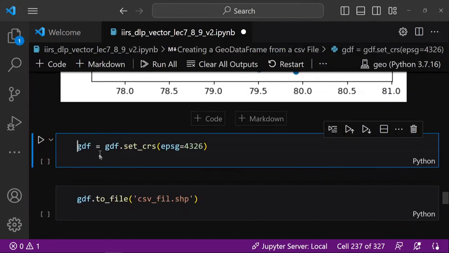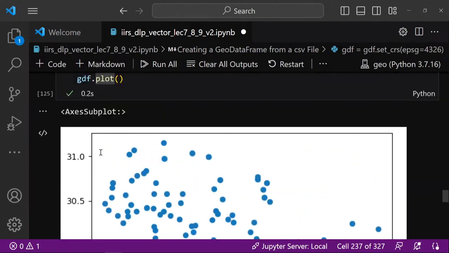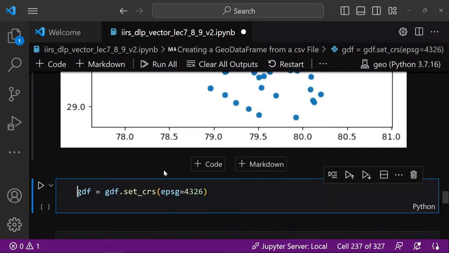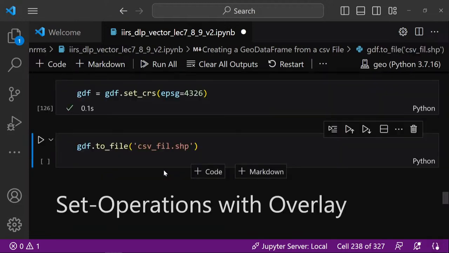Now if you see this, in this we had not set the CRS. So if you open it using some GIS software, it will complain that the projection or CRS is missing. So first we need to attach a CRS to this geodata frame. For that, the same function we were calling earlier: GeoDataFrame.set_crs. Then we need to pass the EPSG code, because these are in latitudes and longitudes. So we are setting it to EPSG 4326, the geographic coordinate system. So if I set this, once this is done,